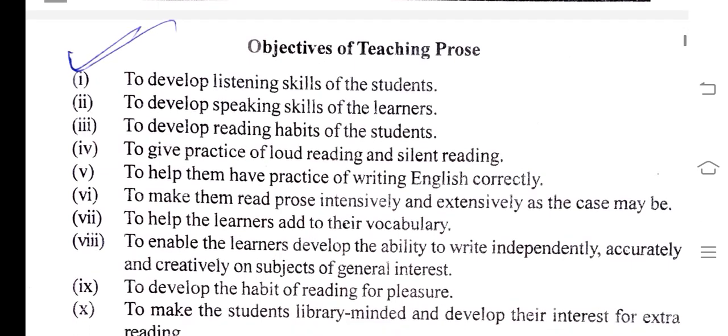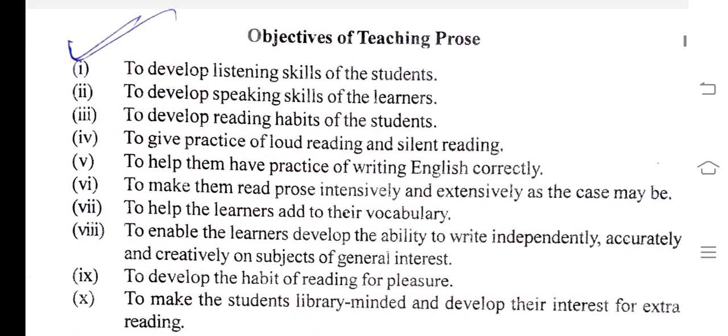Next question. Objectives of teaching prose. To develop listening skills of the students, to develop speaking skills of the learners, to develop reading habits of the students, to give practice of loud reading and silent reading, to help them have practice of writing English correctly, to make them read prose intensively and extensively as the case may be, to help the learners add to their vocabulary,